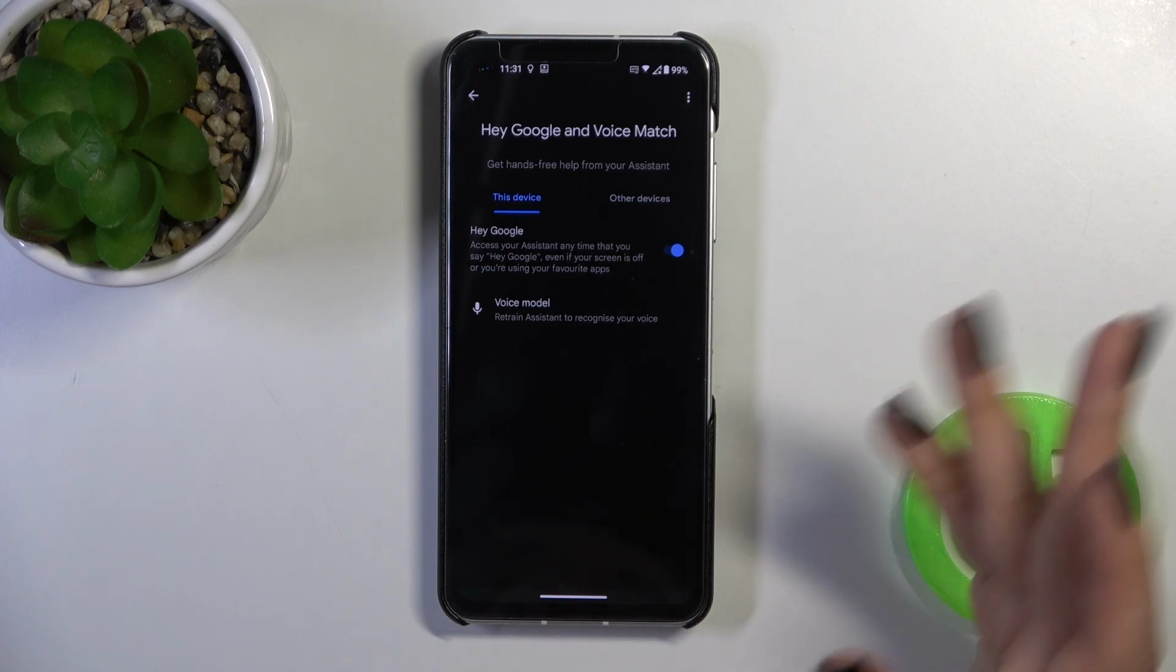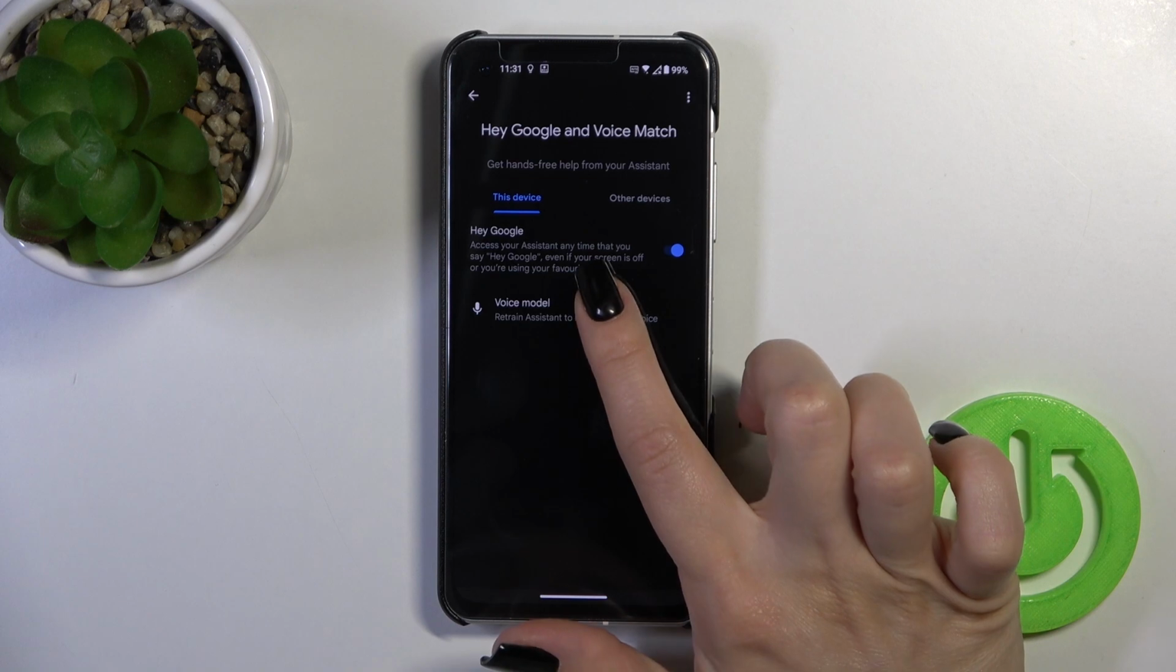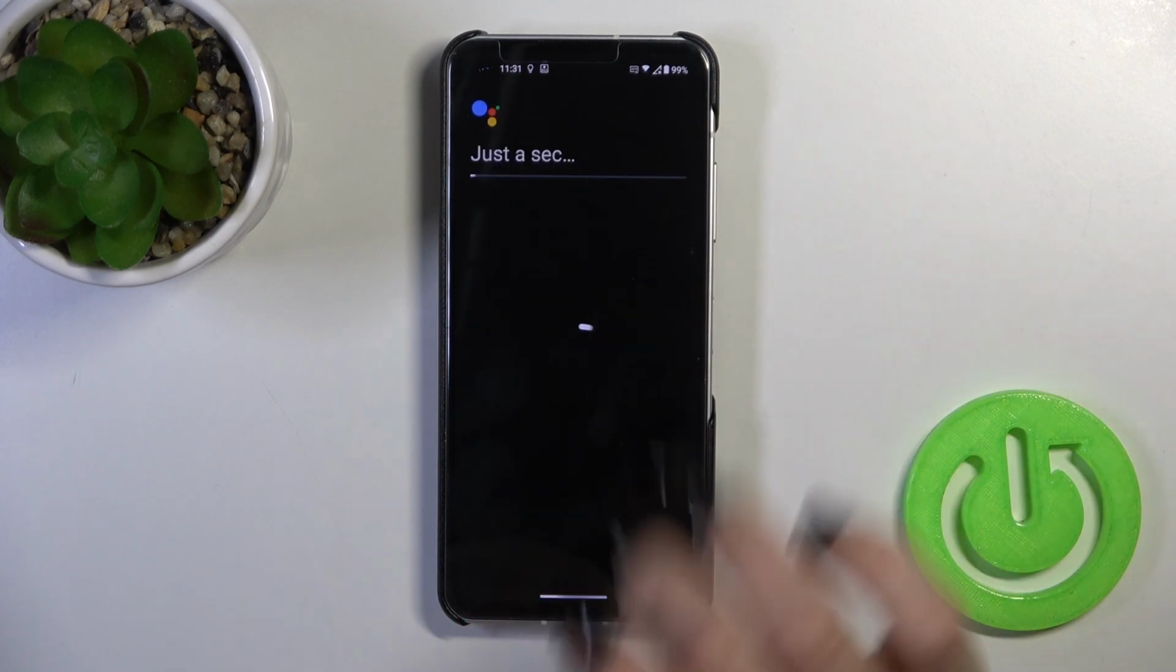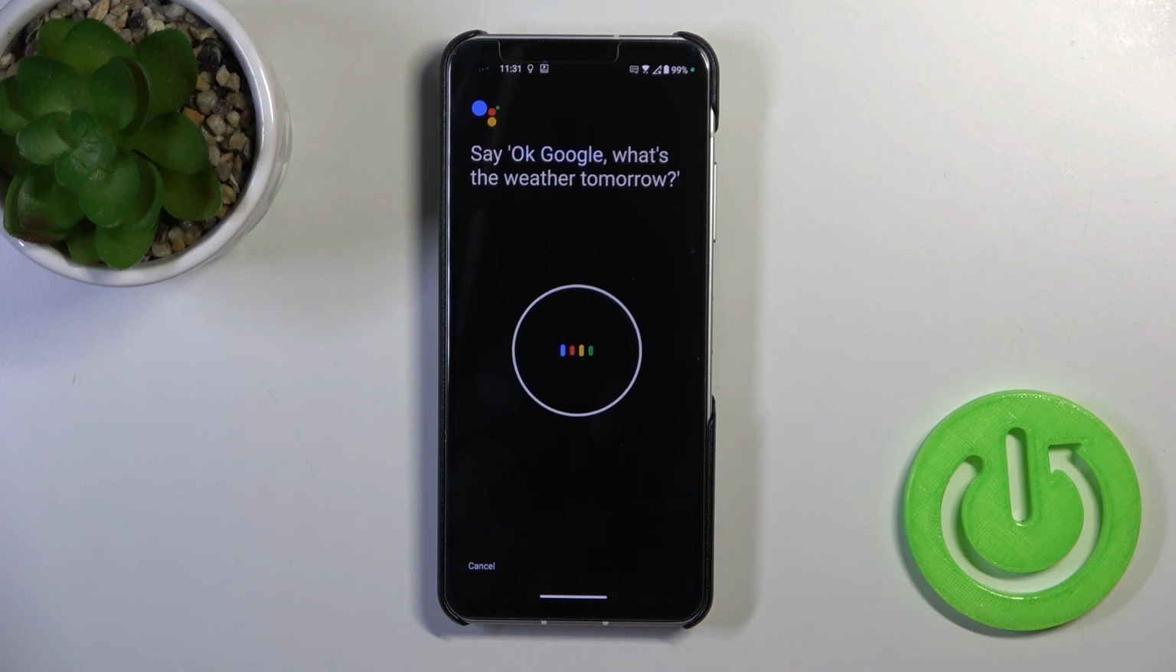If you want the assistant to recognize your voice when you say OK Google or Hey Google, you should tap here on Voice Model, click Retrain voice model, and say